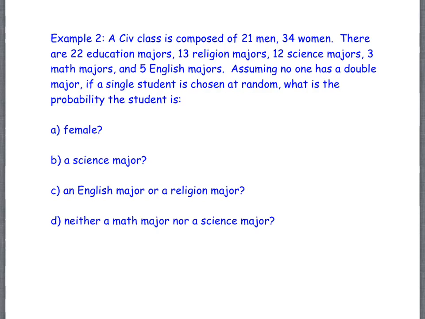All right, so let's start with female. What's the probability that if we select a student at random that they're female? Right, so there's 34 females, and out of what was it, did you say? 55. So where'd you get 55? Right. So the 21 and the 34 gives us 55 people in the class. Now, 34 and 55, do they have anything in common to reduce? They don't. 55 is only divisible by 5 and 11, right? And neither of those divides the 34. So we're good to stop there.